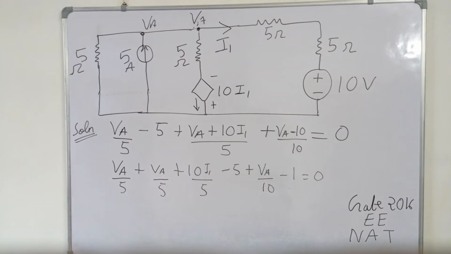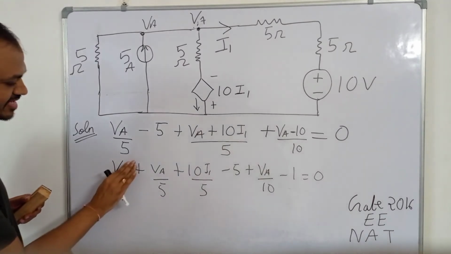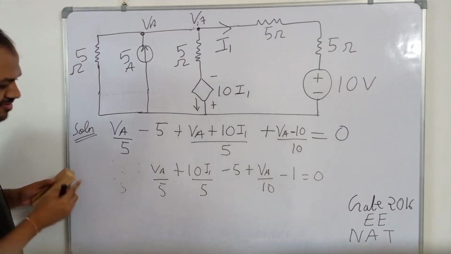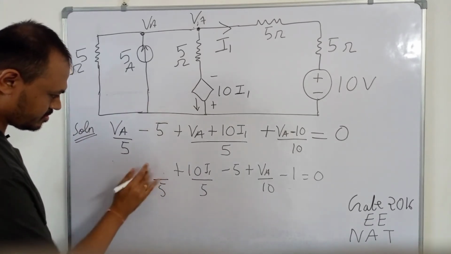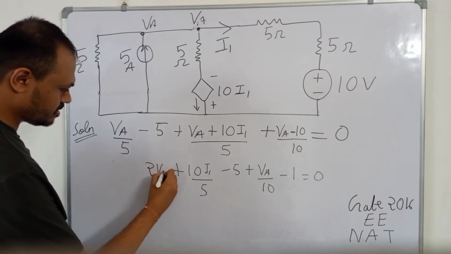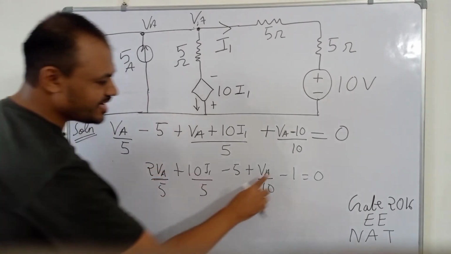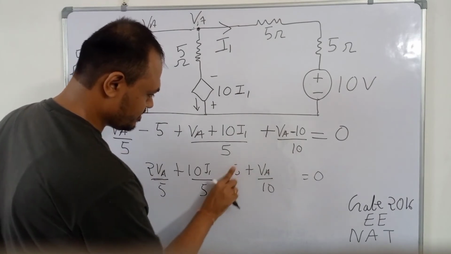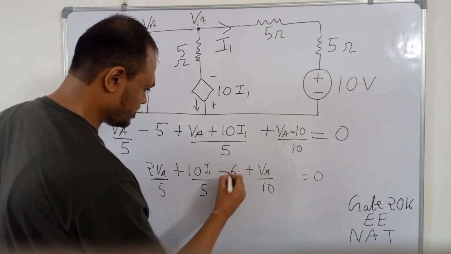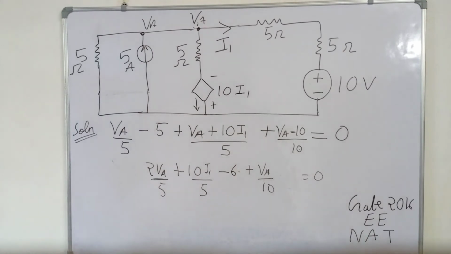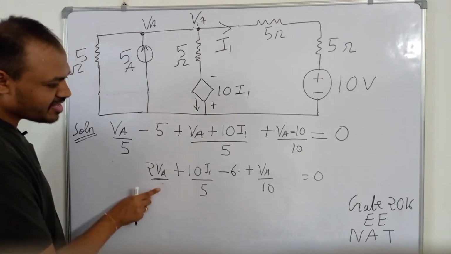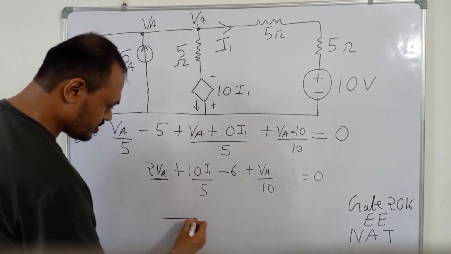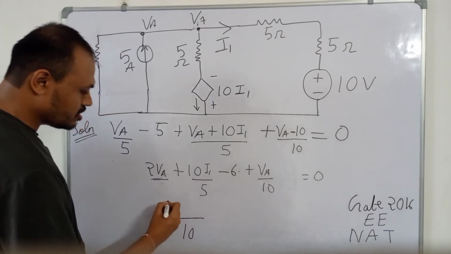So this will be equal to 2 VA upon 5, minus 6, equal to 0. And for 2 VA upon 5 plus VA upon 10, if we take the LCM upon 10,